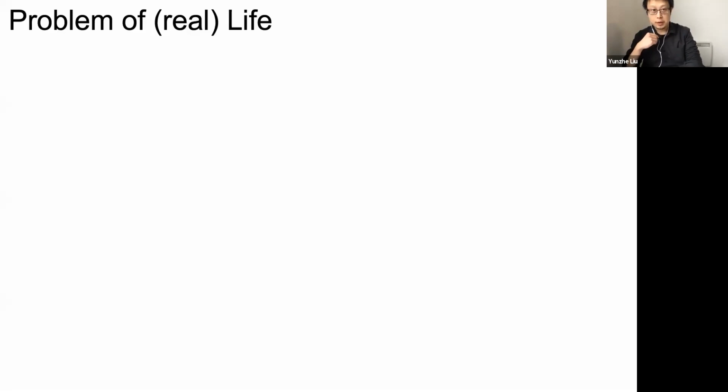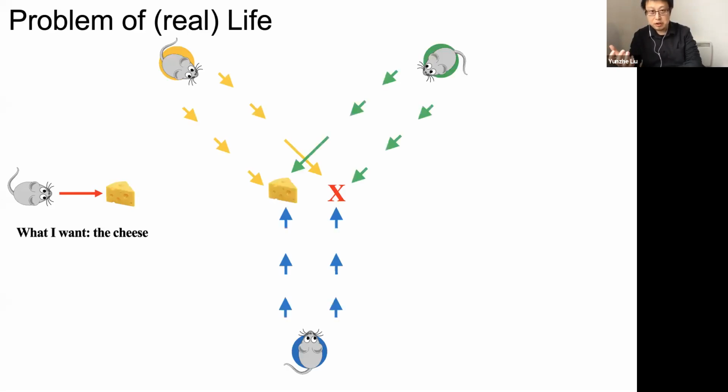Cool. So now let's imagine you are this rodent, and the only thing you want is this piece of cheese, okay? Things might get a bit complicated in a real-life situation. For example, you might start from all three locations, and again, the goal of your life is to get this piece of cheese. Now imagine in one situation, you start from the blue and you choose the left option and you get the cheese. That's great, right?